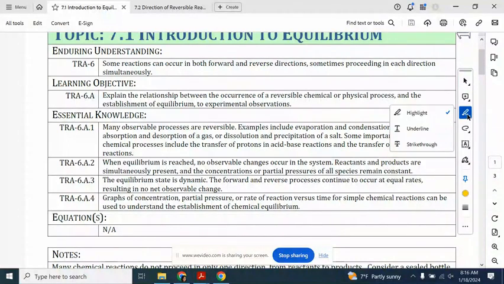About Hess's law. Okay. When we're talking about Hess's law, or not Hess's law, I'm sorry, that was last chapter. When we're talking about equilibrium